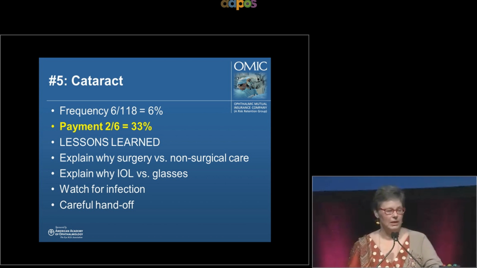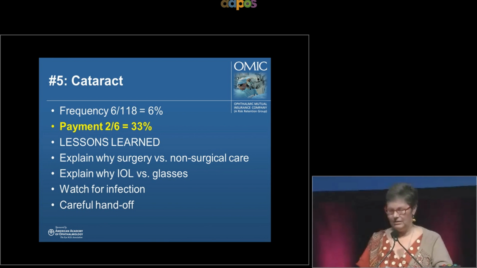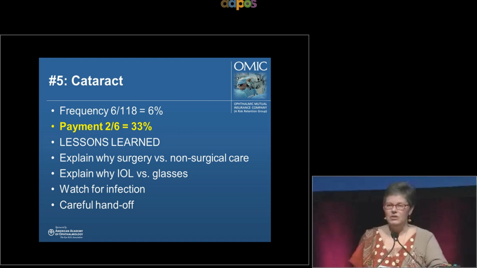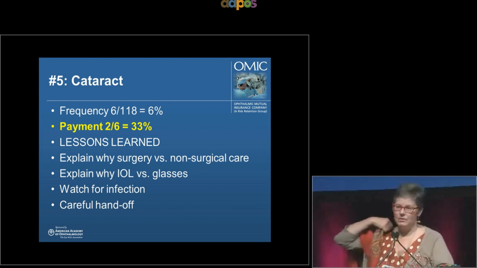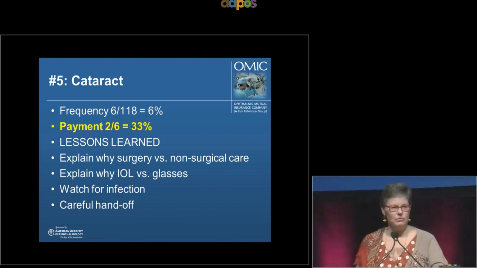One of the cases we had, which had a very severe endophthalmitis, there wasn't a good handoff. Apparently the person covering for our ophthalmologist was not as familiar with what to watch for, wasn't worried, and didn't ask how recently surgery had happened. On your after-hours contact form, if a parent is calling, you need to find out, because if you heard the child had just had cataract surgery and has a red, painful eye, you might be a little more nervous. I would hope you'd be more nervous about that call.